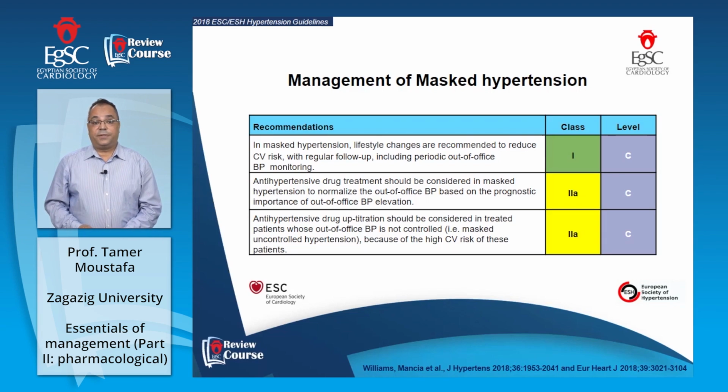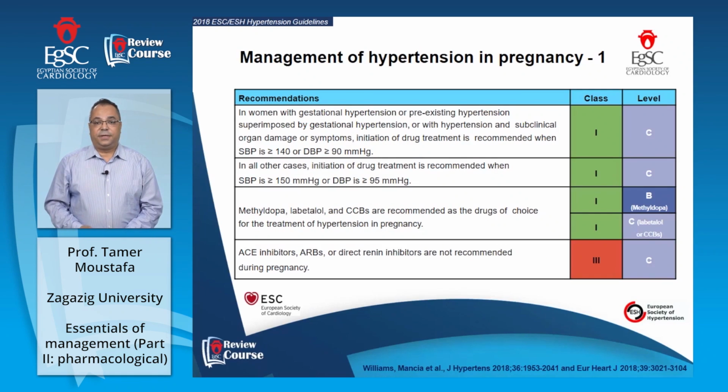The antihypertensive drug up-titration should be considered in treated patients whose out-of-office blood pressure is not controlled, meaning masked uncontrolled hypertension, because of the high cardiovascular risk of this patient, and this is class 2 level of evidence C. In hypertension in pregnancy, in women with gestational hypertension or pre-existing hypertension superimposed by gestational hypertension, or